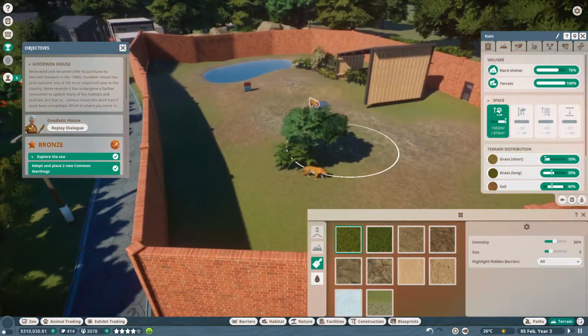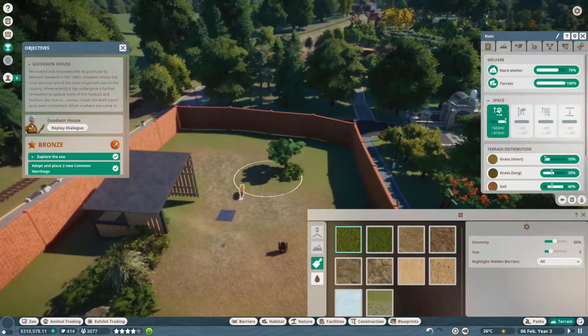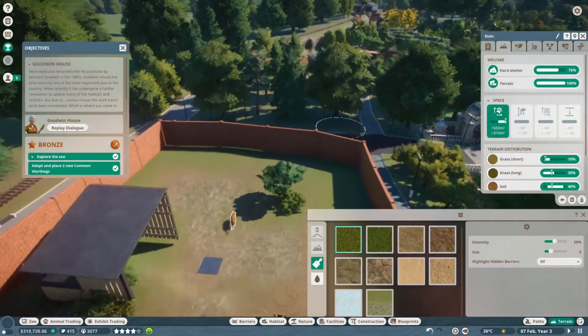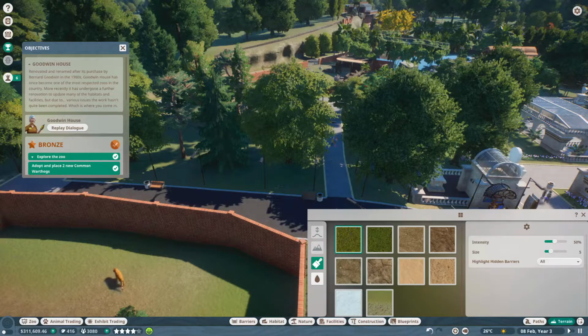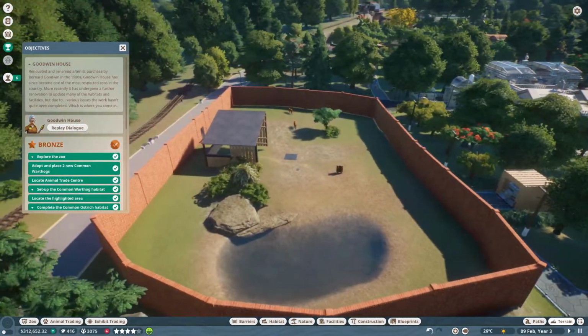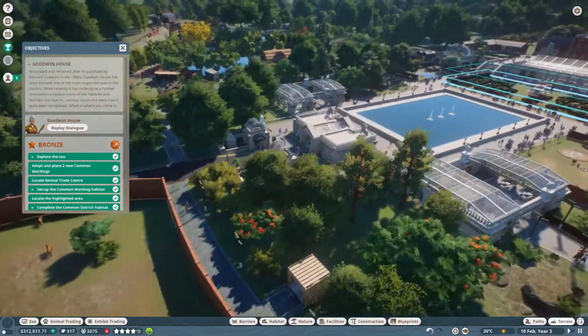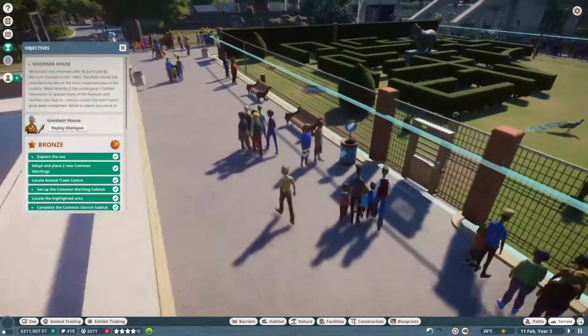I'm sure the tigers are okay. They've just been fraught at the moment, so let's just move on to what she said we need to do next. Let's not get too carried away with the tigers. So that's the area she highlighted. Let's see. Now then,